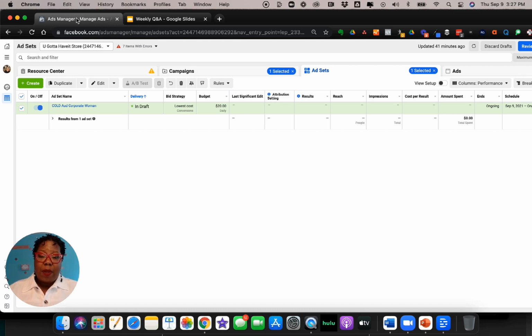They may overlap a little bit, but there is some messaging that you want to share with that specific audience that's going to be different. So we're in Facebook